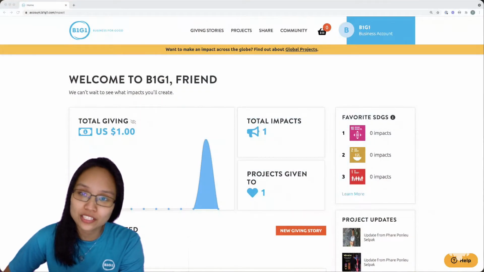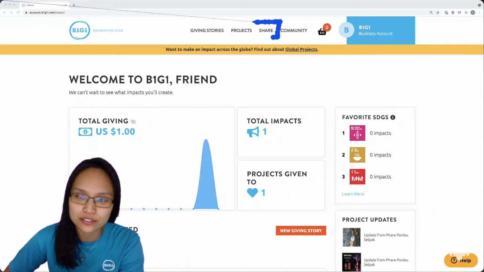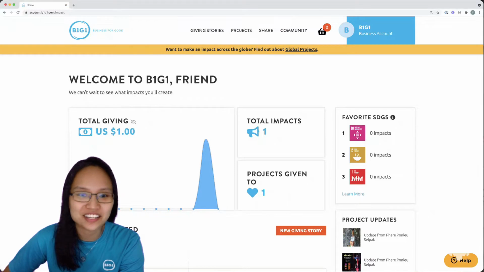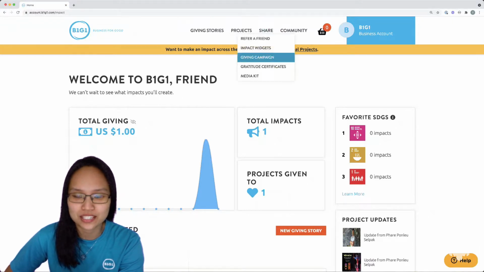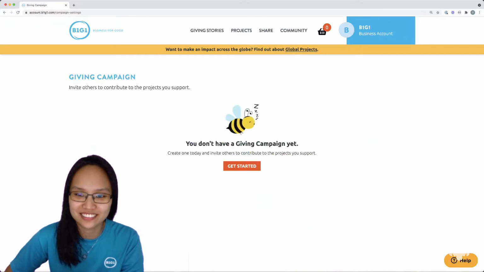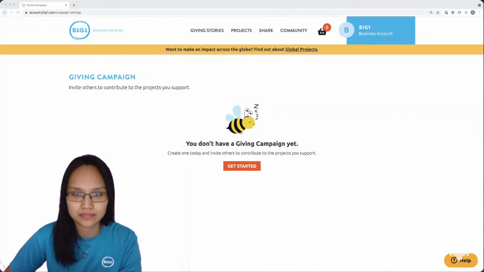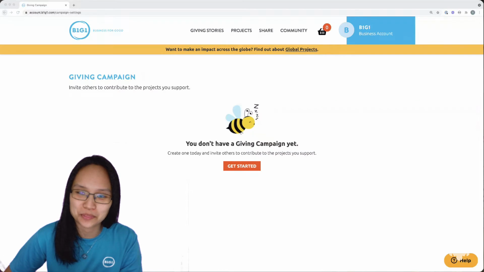So I've just logged into my B1G1 account now, and where you're going to find giving campaigns is in the top navigation bar under Share. So right there I've highlighted that. If you hover over that, you will see in the middle we have a giving campaign option. So let's just click on that. So you'll be welcomed by the happy little B1G1B, and all you have to do is click Get Started, this